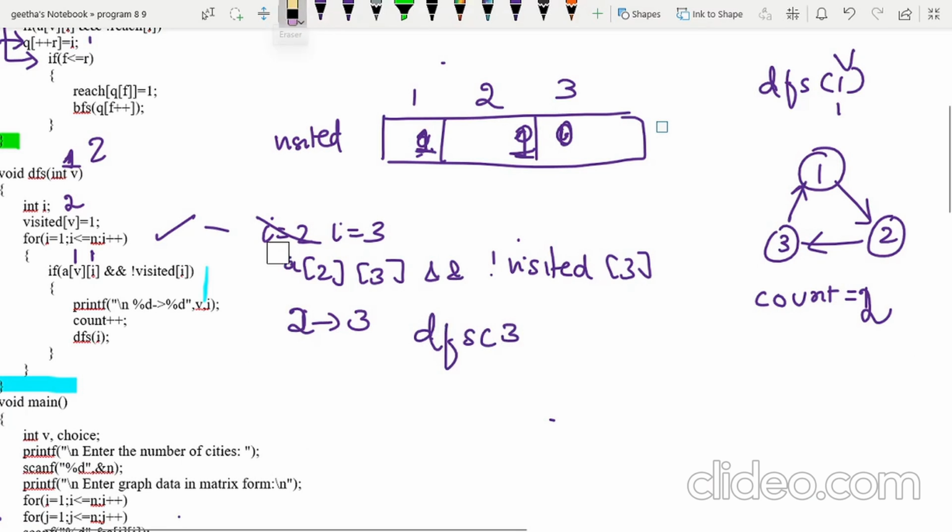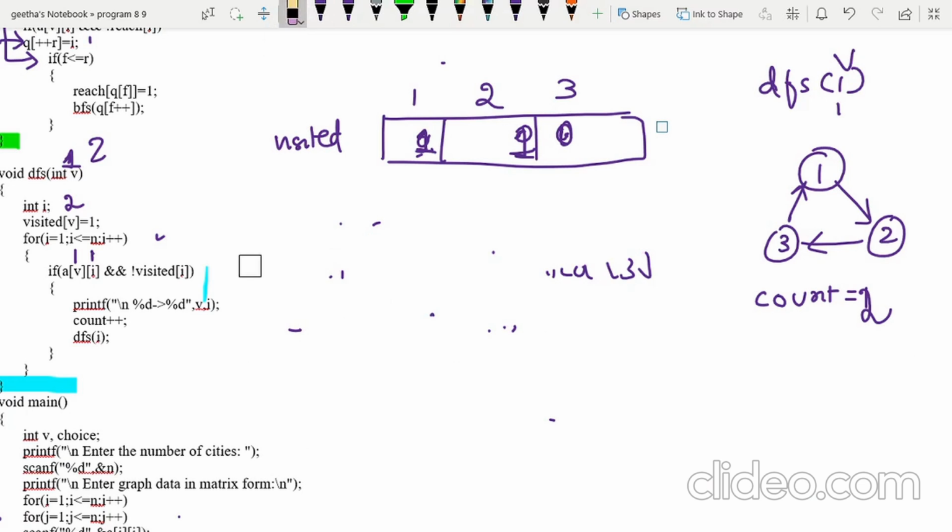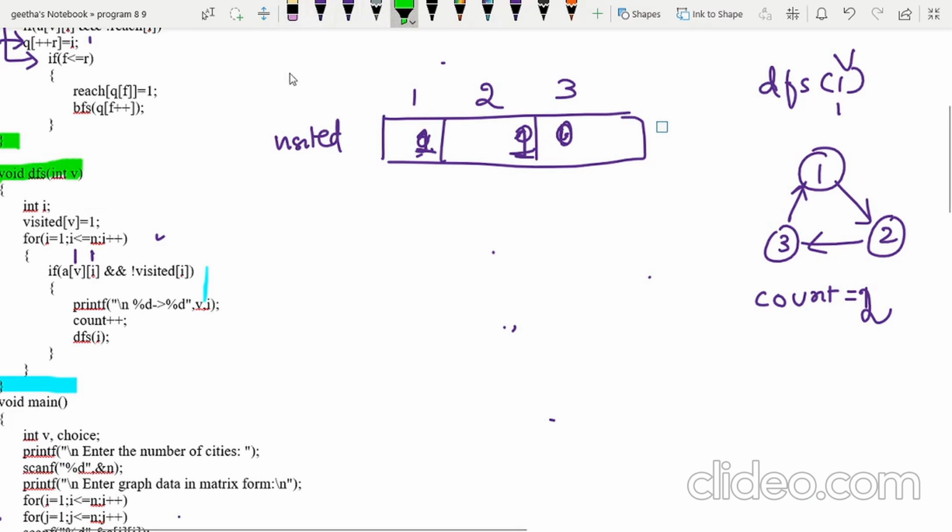Okay, so here again DFS of 3 means again you will come back to the function, right? This function, come back to the function. So DFS of 3. DFS of 3 in the sense V becomes 3. So visited of 3 you are making it as 1. Okay, visited of 3 you are going to make it as 1. Again use a for loop, I becomes 1. So 1 to 3,